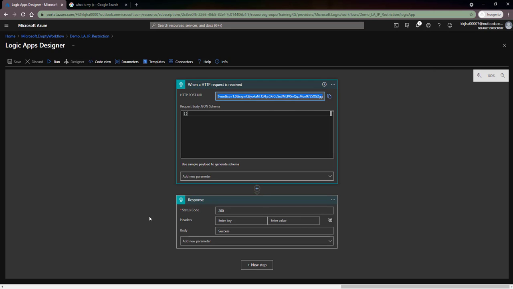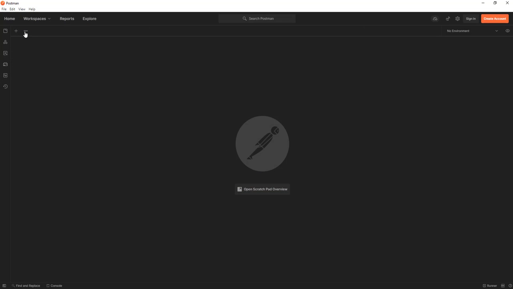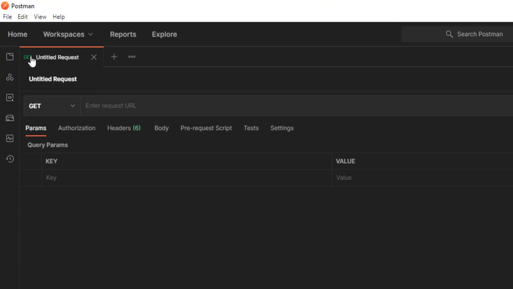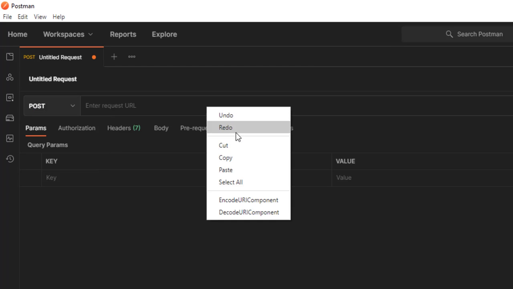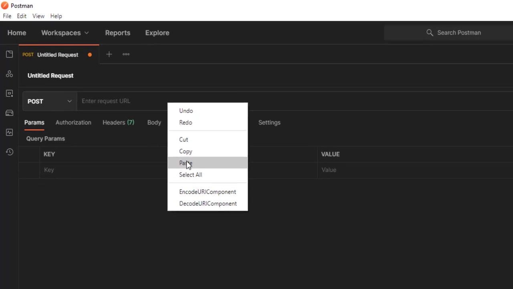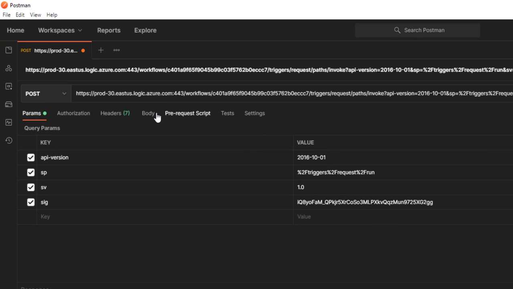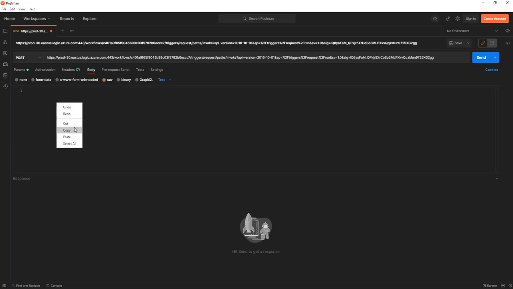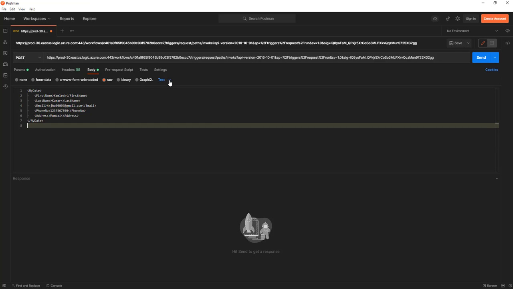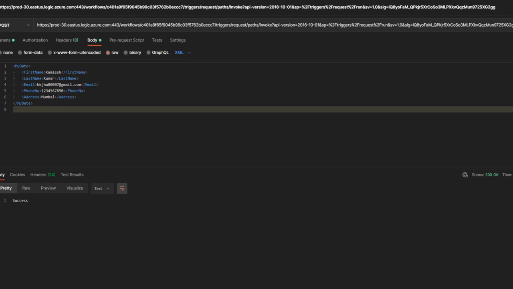Let me copy this endpoint and I'll try to post a simple request using Postman. I already have my message created, so now let's try to send it. I have received this response, success, 200.